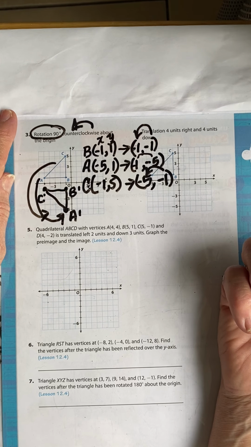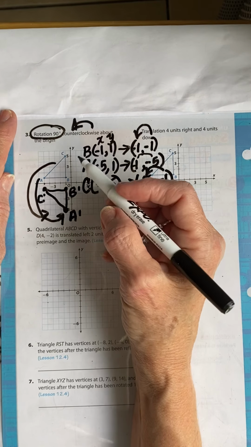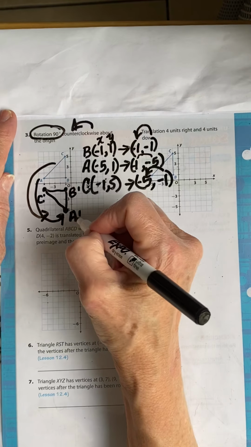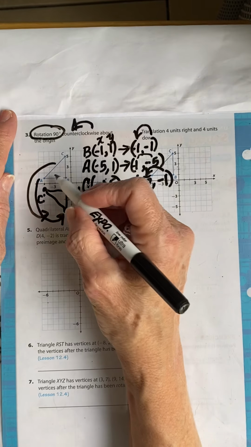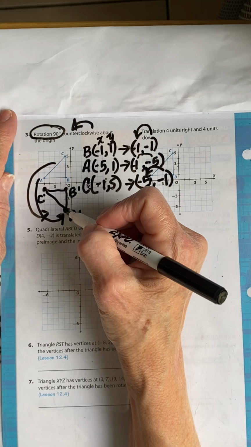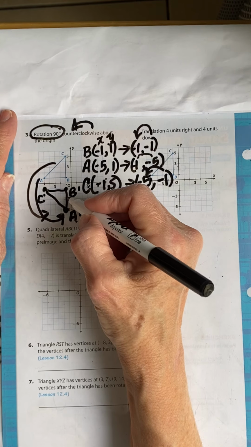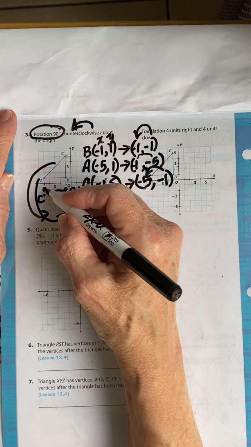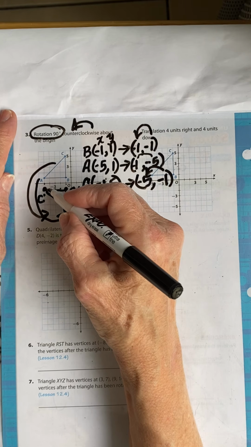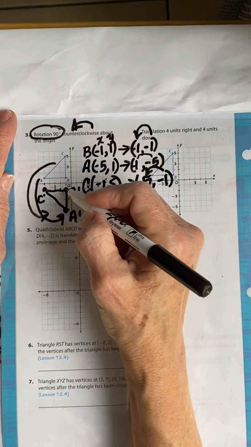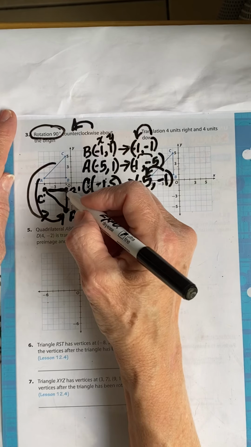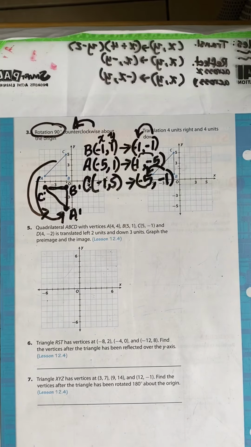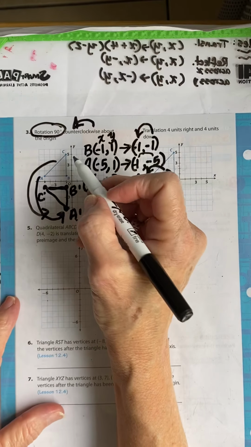Also looks like a reflection, doesn't it, guys? Sure does, except not truly. If this was a reflection, this would be C prime. But what happened, it spun around, all right? 1, 2, 3, 4, 1, 2, 3, 1, 2, 3, 4. It's because these two sides, it's an isosceles triangle, that's kind of why you'd almost think it was a reflection, but it's not. It is a rotation,